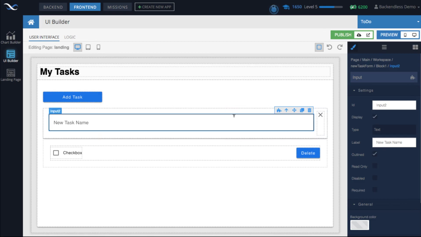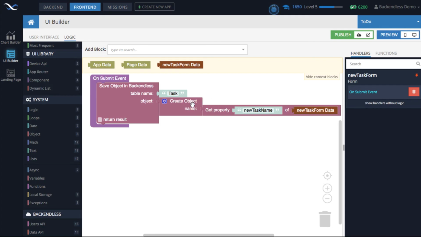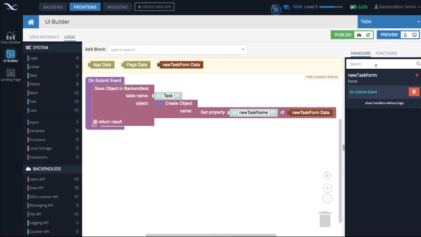So that's how we get that value from the form data. So we create new object, we get whatever the user typed into the input component, put it into the object where the property is name, because in the database the column is name, and we save this object in the database. What this accomplishes is it saves the object in the database.